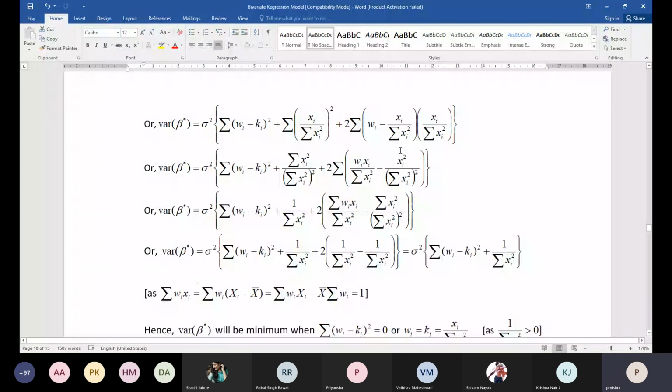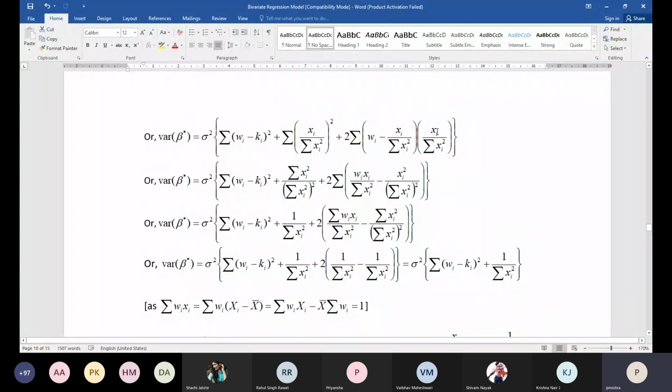The second part, what is happening? Multiply this with this, so it is basically small xi square divided by summation of small xi square whole square. Now, as you take the summation operator here, I am getting the numerator as the summation of small xi square and the denominator as summation of small xi square whole square. Right? So one component would be cancelled out. Again, this can also be rewritten as 1 by summation of small xi square.